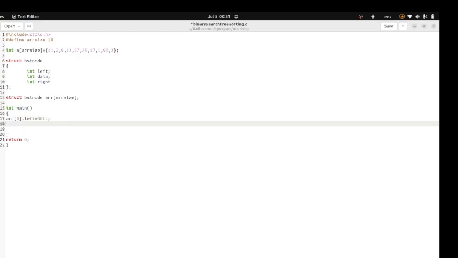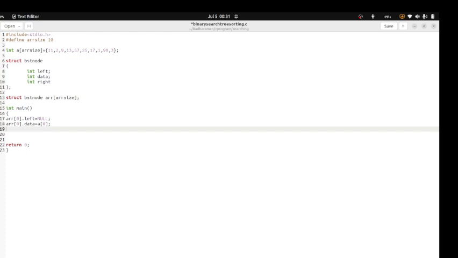And what will be the data value for this particular 0th element of this array? It will be the 0th element of this given array. So I am writing here array 0 dot data equals A0, so that the root node is